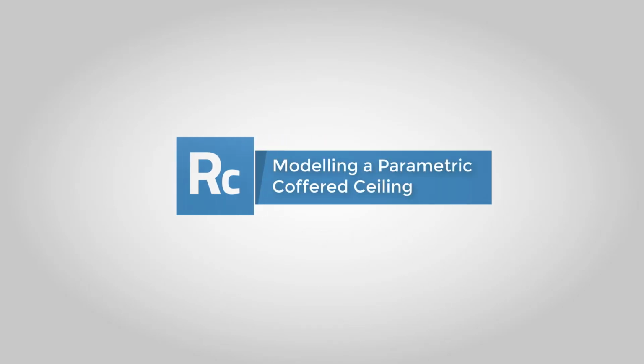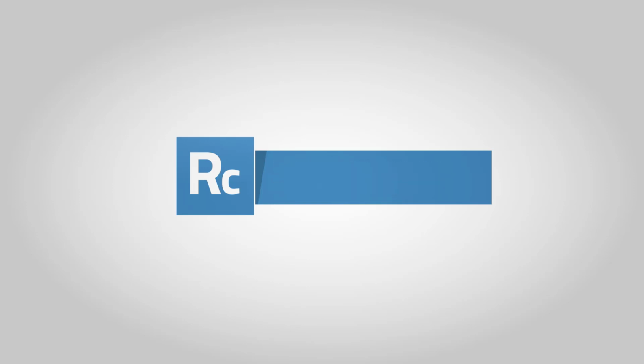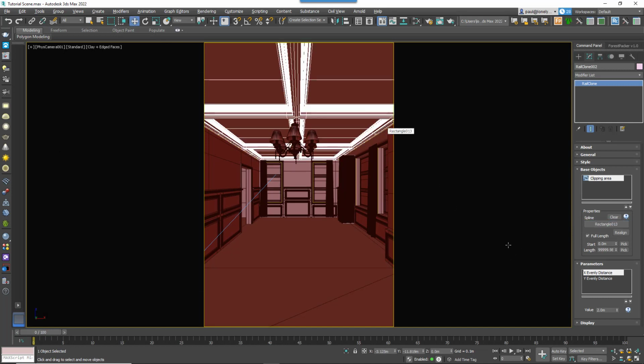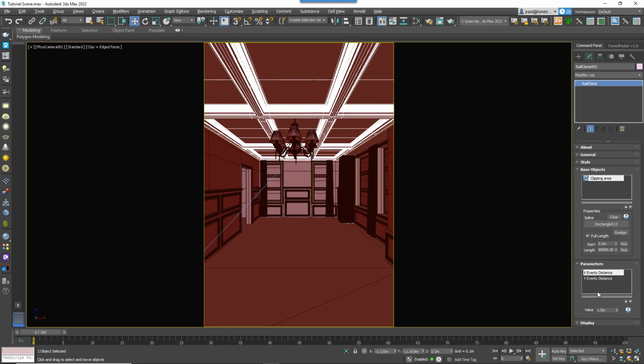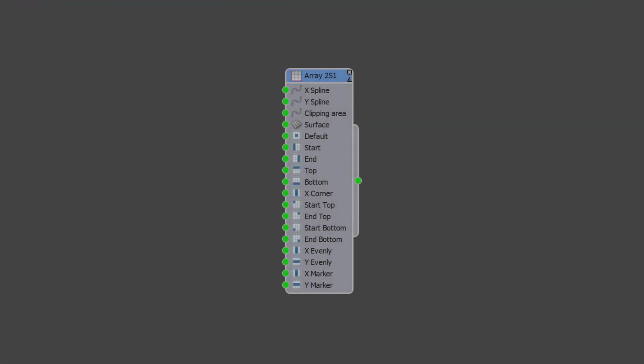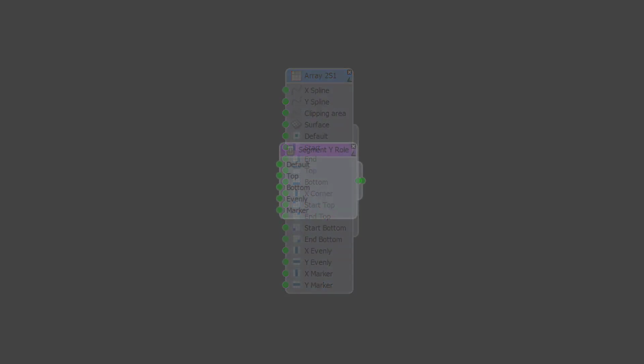In this tutorial, we're going to demonstrate how to make a parametric coffered ceiling that allows you to define the size and position using a rectangular spline, as well as adjusting the spacing between the horizontal and vertical beams. Really though, this is an excuse to demonstrate the main inputs of the A2S generator, plus a handy macro called